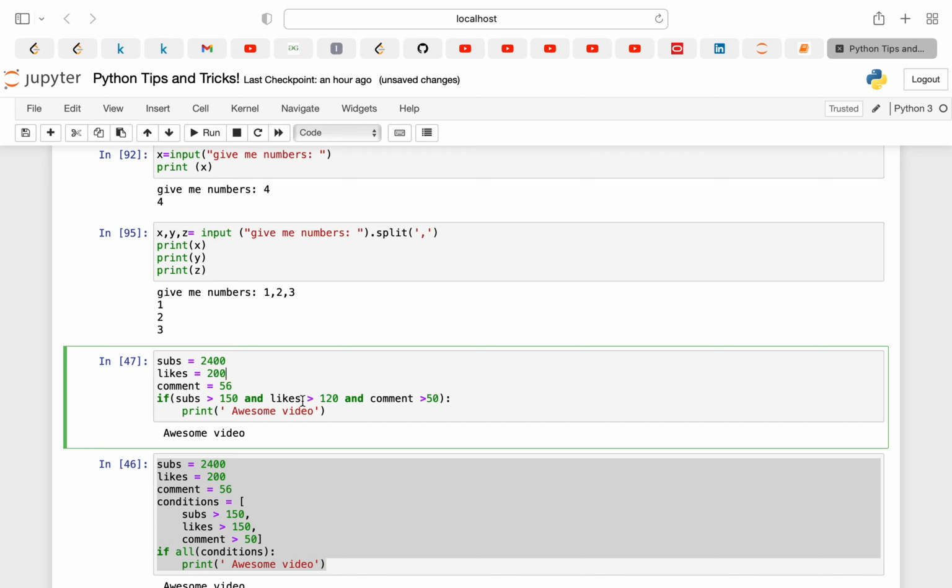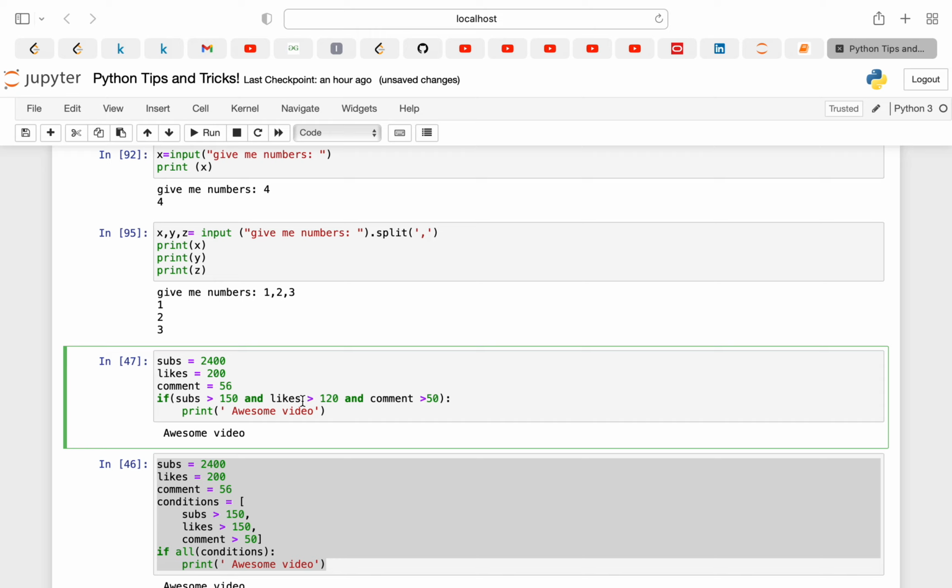So what the AND operator will do is, if all the conditions are true, then only it will execute and give the output as true. Otherwise, if a single condition is false, it will give output as 0. So here also, if all the conditions are true, then only my print statement is going to execute. Otherwise it will not execute.